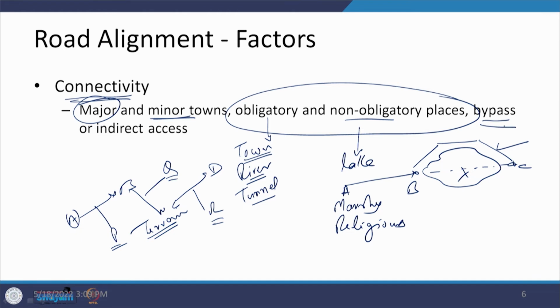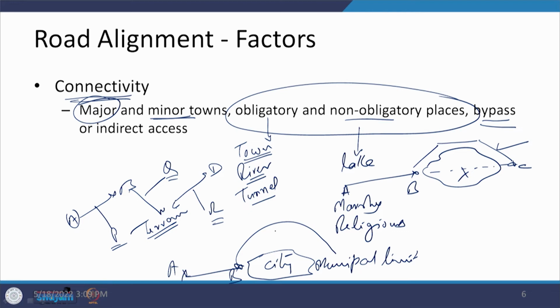Now, when we are looking at these things, another aspect can also be a bypass, where you have the cities. So, this is the municipal limit of a city, but a lot of habitation is there, dense population is there, and our alignment is coming like this from A, very near to the city like D. Now, one way is that we provide a bypass and come to the location C and then go to D. So, instead of crossing through the city, we have detoured our alignment and a bypass has been looked at,